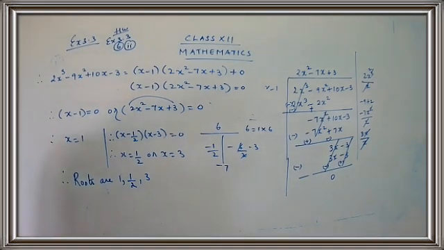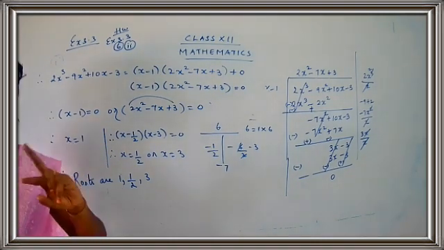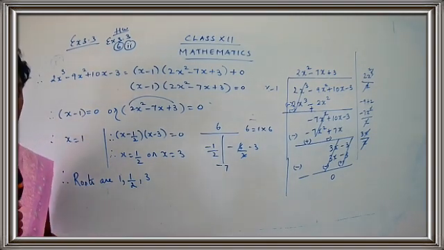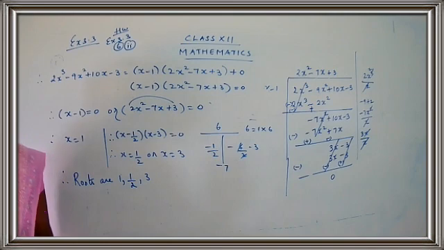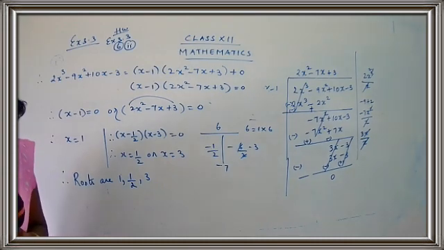Here this exercise is very simple. Here the only thing is we have to just check for the combination. If you find the correct combination, the work is done. So they give you some terms, and we have to just use a trial and error method and find the correct combination. And as soon as you find the correct combination, the work is very simple. We can just go on proceeding with the sums. Shall we start with exercise 3.4, children?